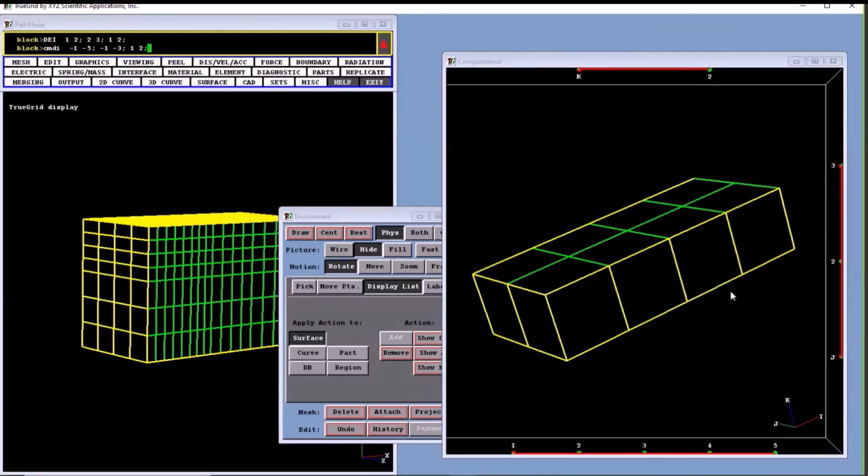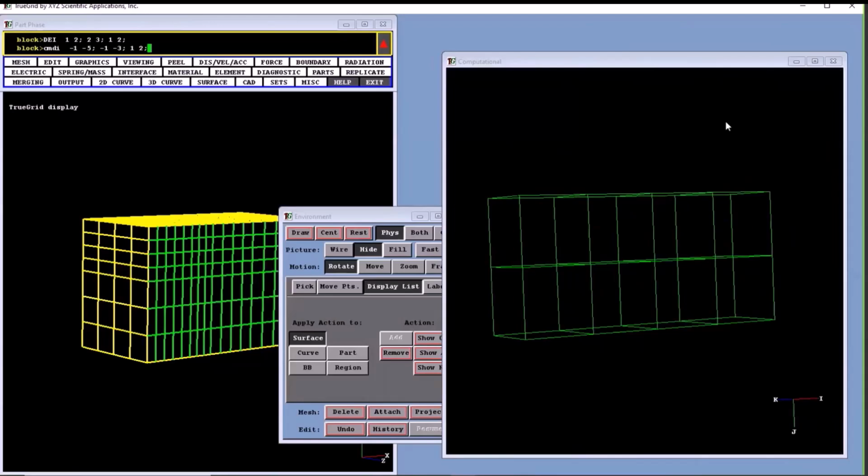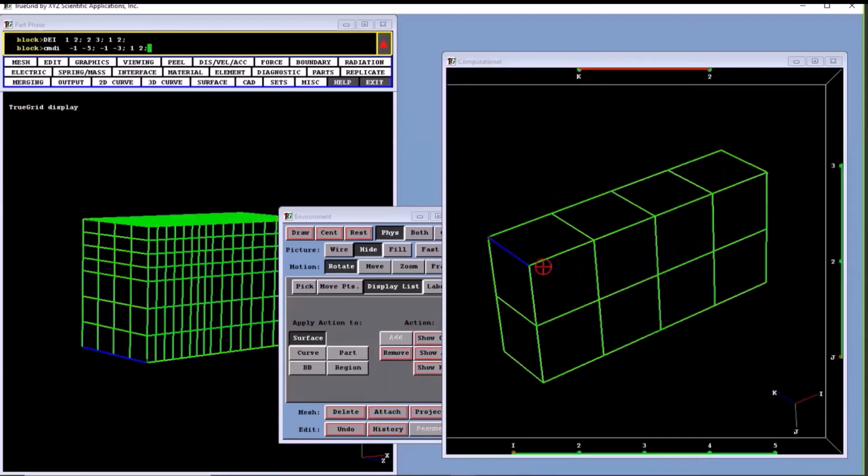And this principle of select the solid first and then go back and click on the nodes of the faces that you want to use. Now the same thing is true with solids. I'll start with selecting a solid, and you'll notice that in the I direction, from 1 to 2. And I can then come back here and also select from 3 to 4. And once again, we can use the F1 key to see what this notation produces. And so we have from 1 to 2 and from 3 to 4. That's in the I direction. In the J direction from 1 to 2, and in the K direction from 1 to 2, and that produced